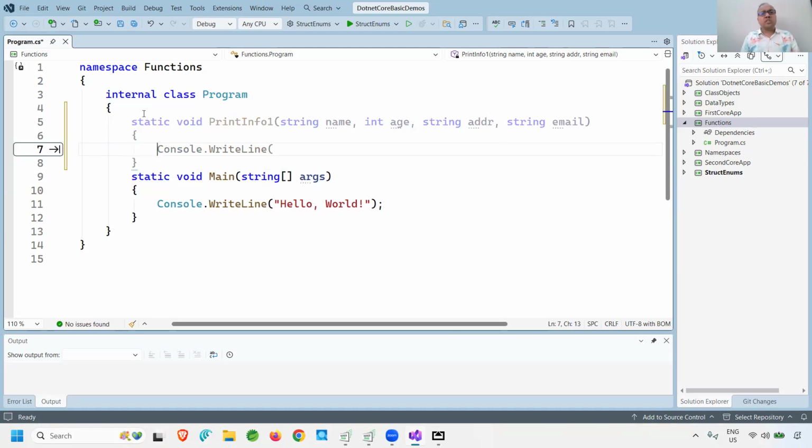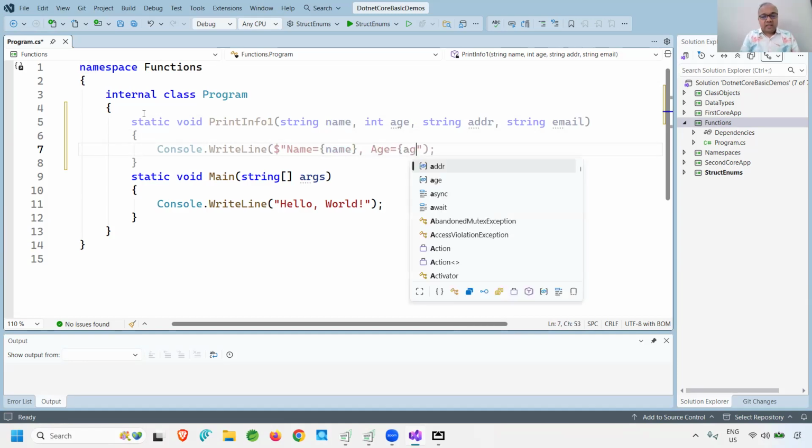Now, what is this function doing? This function is only printing the arguments. Let me show you another new way of printing these arguments, and that can be done by using something called templated strings. With a templated string, you can display the value that you want inside a curly bracket. So this name is directly accessed over here,